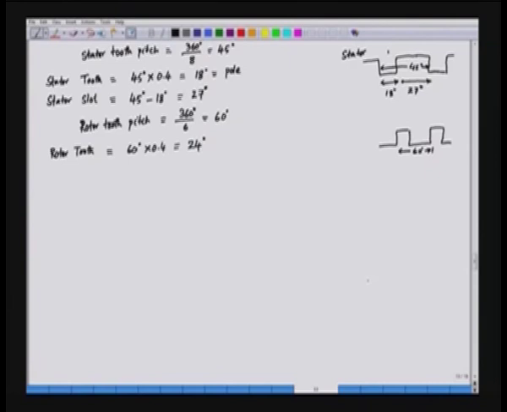What about the rotor slot? The rotor slot is 60 minus 24, that is equal to 36. So, in fact, this is the rotor tooth, and the rotor tooth is 24 degrees, and the rotor slot is here, this is 36 degrees. So, 36 is the rotor slot, 24 is the rotor tooth, 36 plus 24 is 60,